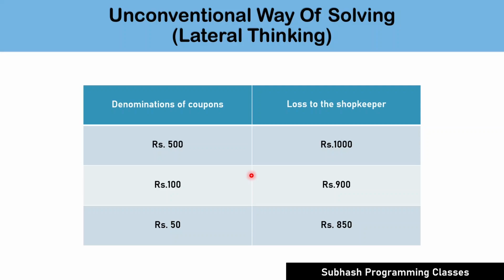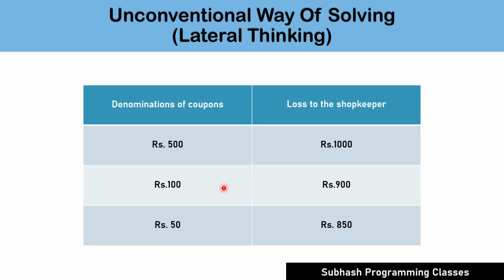To view this problem from a different angle, start asking yourself, what would have been the loss to the shopkeeper if the customer had coupons in the denominations of 100? In such a case, the customer would have given only 9 coupons of rupees 100 each, as he had to pay only 850 rupees to the shopkeeper as the worth of the book. Then the shopkeeper would have given him 50 rupees as balance cash along with the book. Therefore, the customer would have made a gain of 900 rupees and the loss to the shopkeeper would have been 900 rupees. This is one of the possibilities.